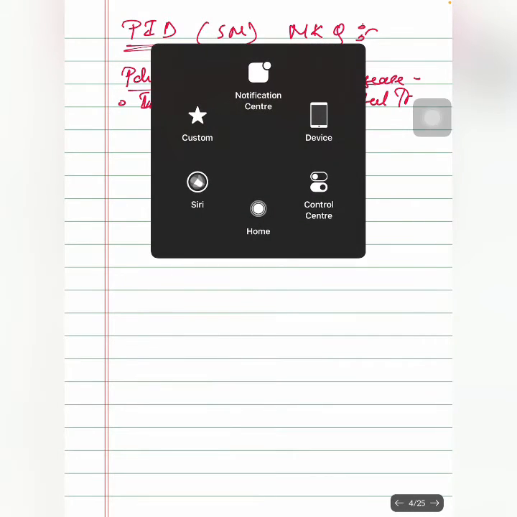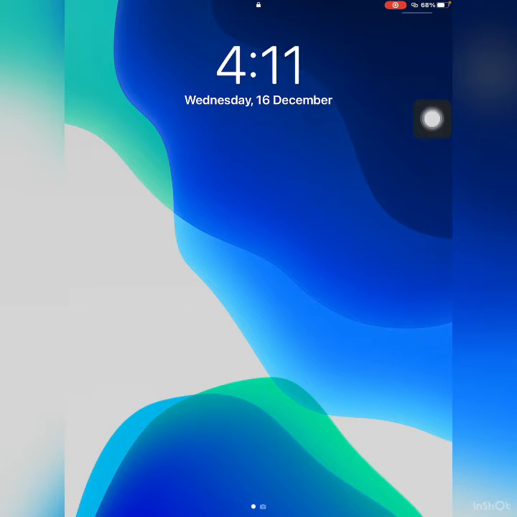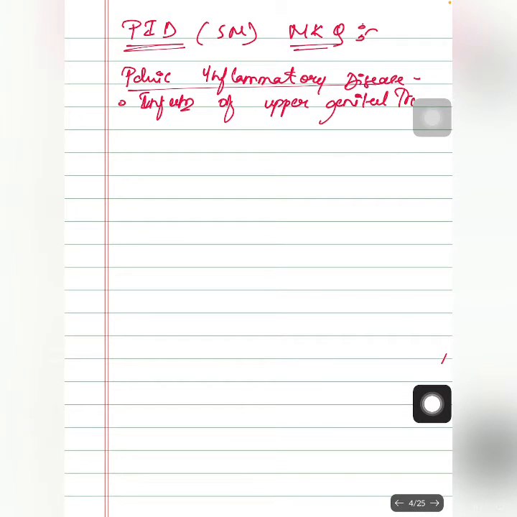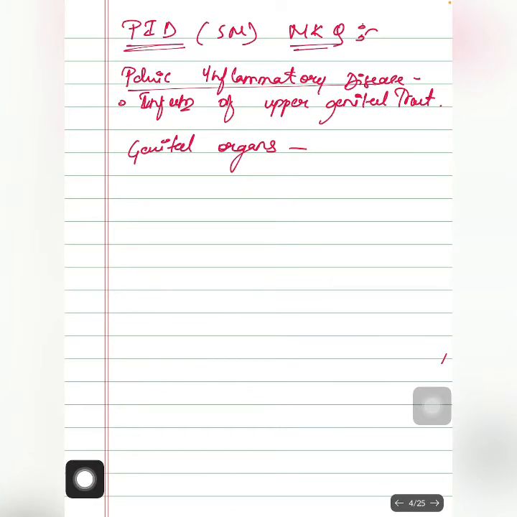It is a spectrum of infection and inflammation, which typically involves the uterus. So there are genital organs which are usually involved here. First, we will see the involvement of the uterus, which is the endometrium, and then the fallopian tubes,